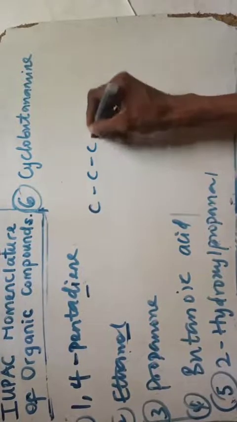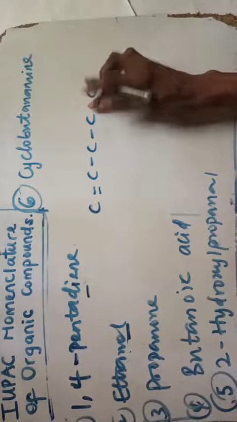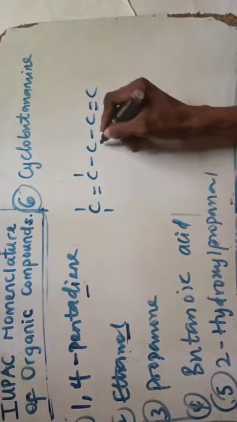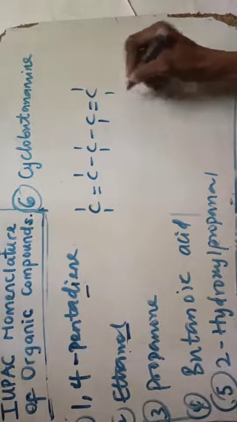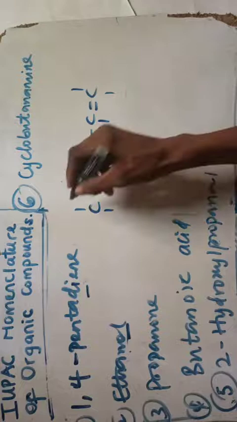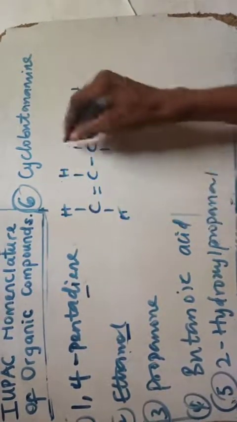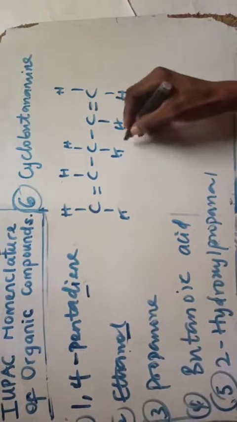1 2 3 4 5. So now imagine you're given this compound as a question, and you have something like this, 1 2 3. So now I'm asked to name this compound. These are hydrogens present there, just hydrogen, hydrogen, hydrogen, hydrogen here, hydrogen, hydrogen, and you're asked to name this compound.